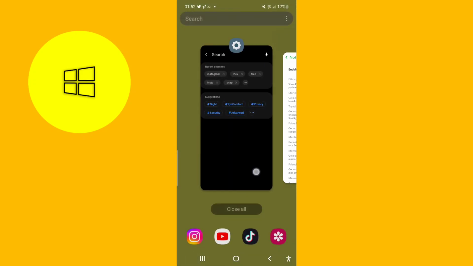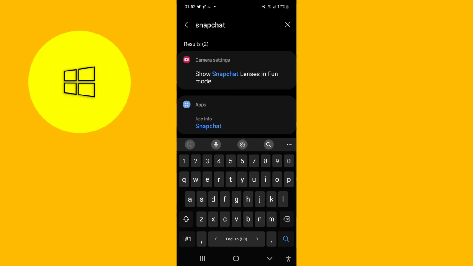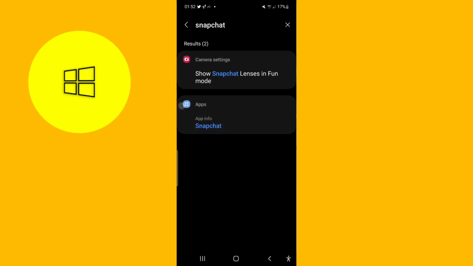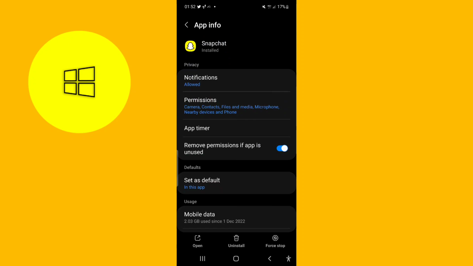But if you want tip number 2, if you don't have that, go to the settings and search for your Snapchat app, or just at the search bar search Snapchat and go to the Snapchat app, as you can see on my screen. Then after you go to the Snapchat app, you can see notifications under the privacy